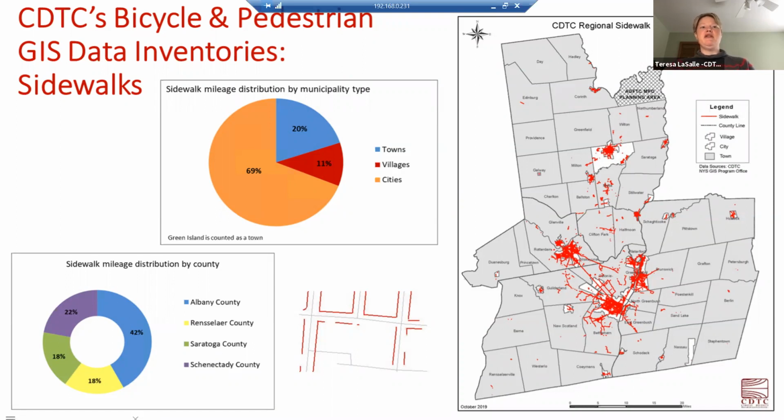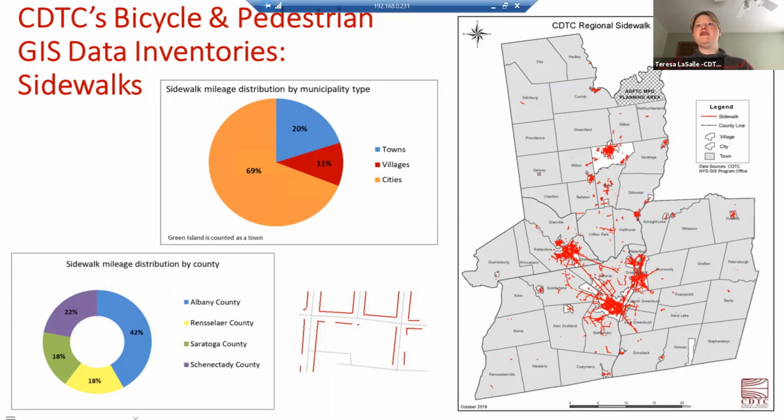And all municipalities in the region that contain sidewalk infrastructure, which is all but about 8 of our towns, received a data package with tabular data, mapping, and a written summary, as well as a GIS data file for those municipalities that could use that technology. This year, we reviewed updated aerial imagery for all 78 of our municipalities again for the presence of sidewalks and updated the inventory for sidewalks built and or captured in imagery within the last few years.